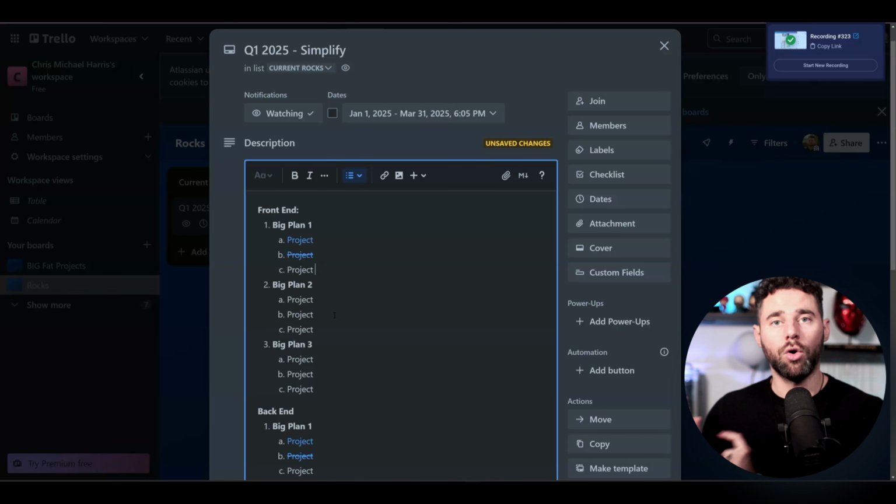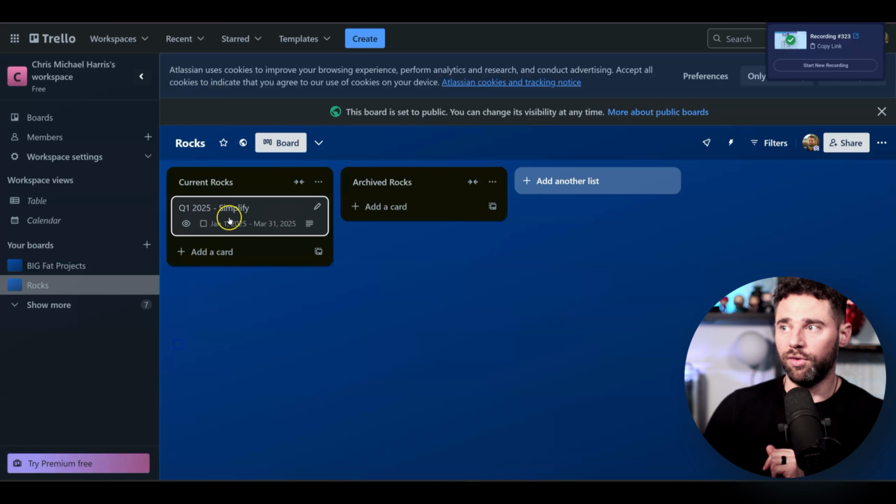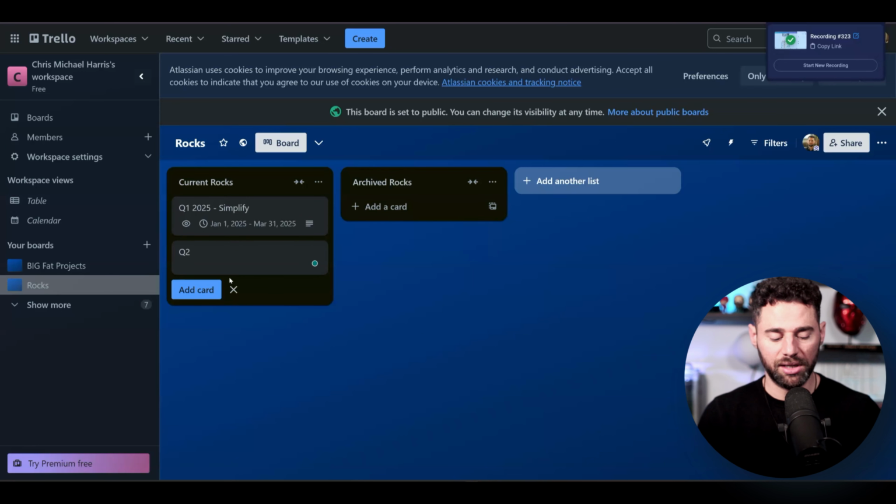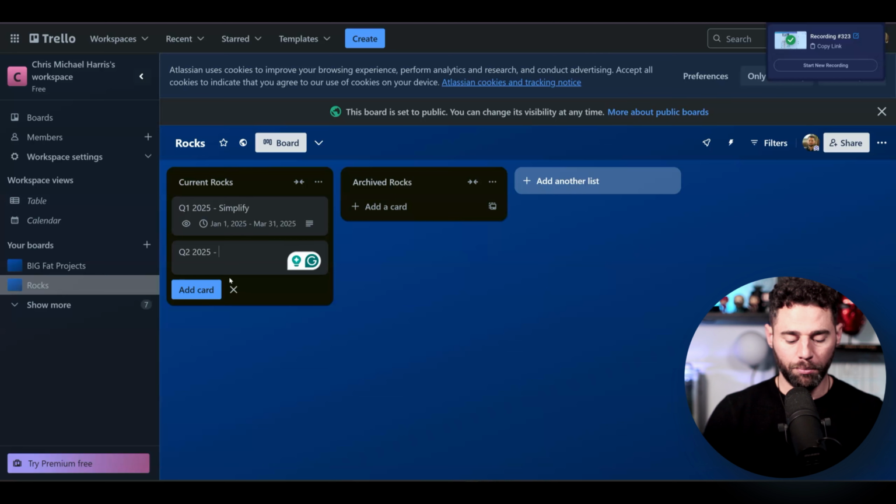You break that into quarters. You could do all 4. So if you're looking here, you could say, okay, quarter 1 is simplify. Things are too crazy in this business, so let's simplify the business first. Then let's say quarter 2, the theme is to build, right? So we're going to build a new website. That's the main theme. We're going to build our marketing funnels.